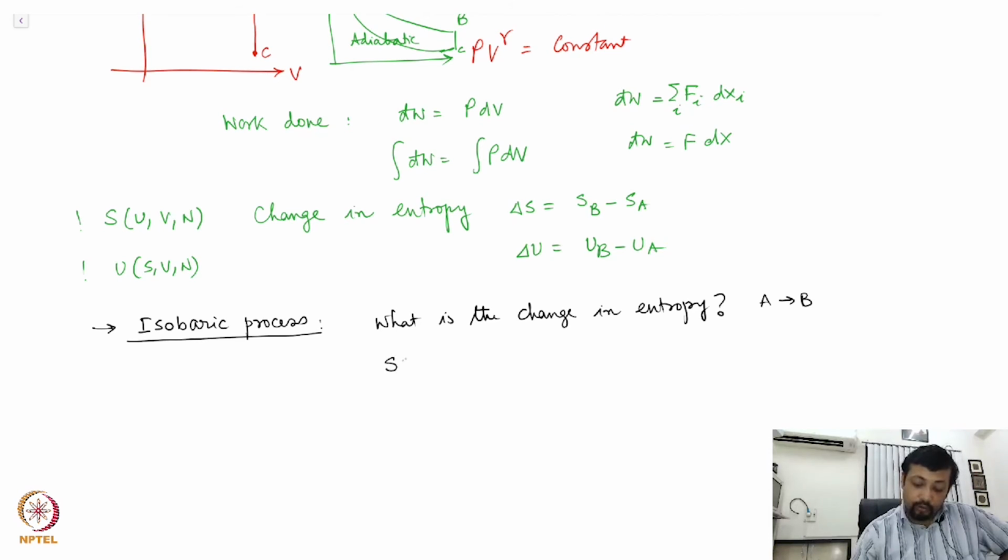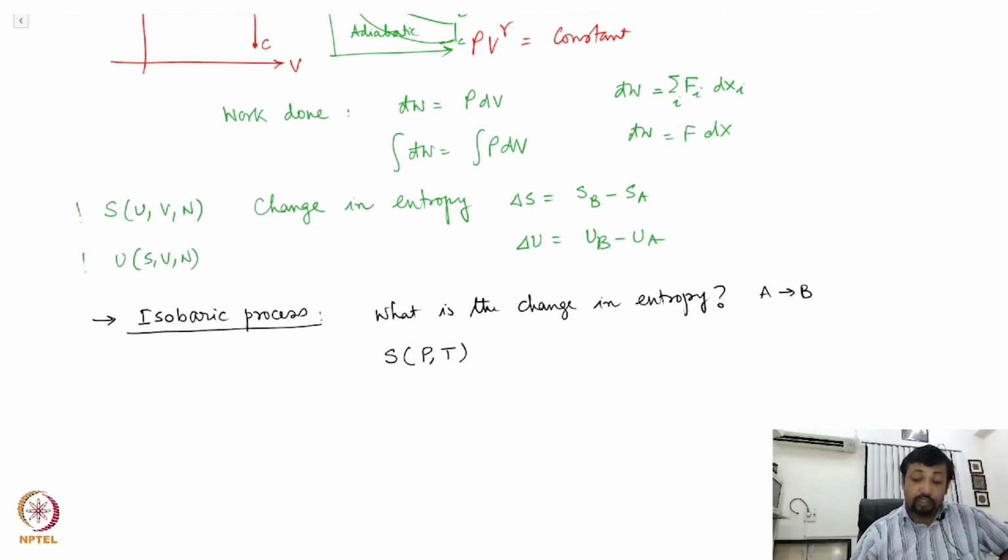So what I am going to do is write down S, take S as a function of P and T. I will not worry about volume. You have to understand also that not all three equations of state are independent, because you can eliminate between them. Only two of them are independent quantities. That is tied down very closely, and that is because of your Gibbs-Duhem relation, but we'll come to that.